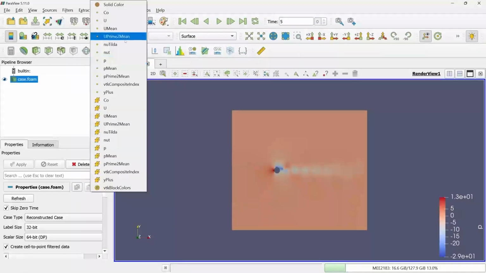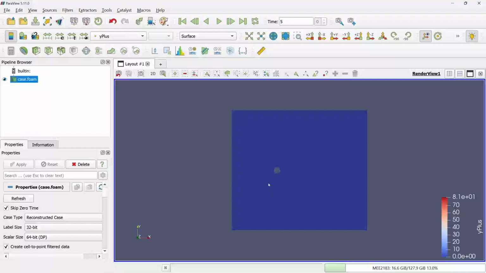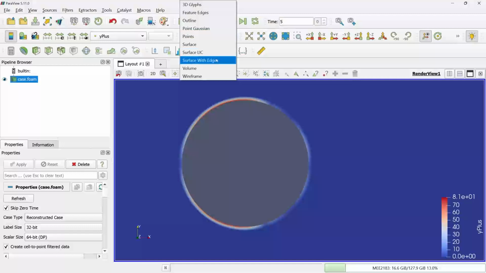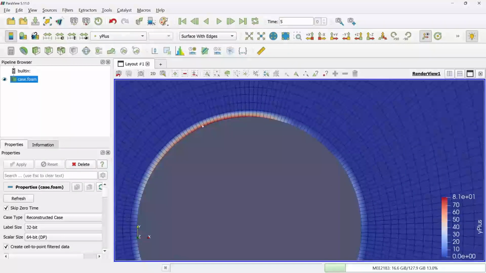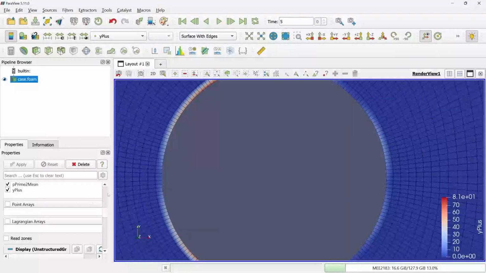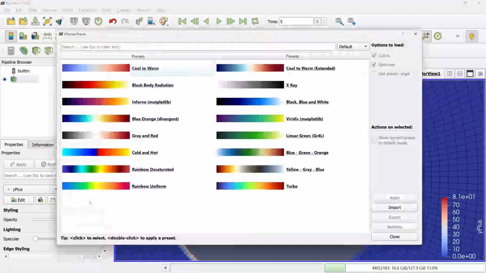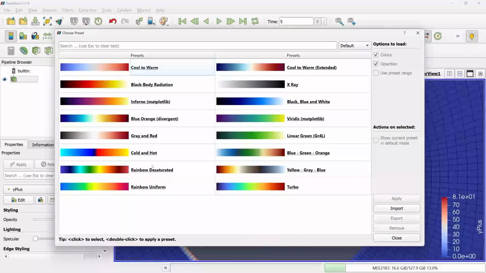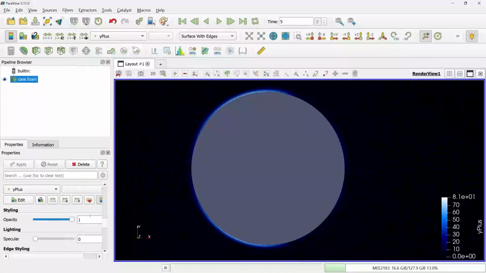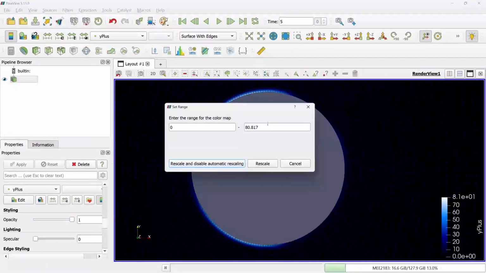and I can toggle the y plus, and I can look at the y plus around our cylinder. Let me also change this to surface with edges, and as you can see, our first layer cell is very tall. We're trying to capture the entire boundary layer just using this one cell. Let me also change the color map a little bit, just to make it easier to see. I think this will be good. And I'm going to change the range from 5 to